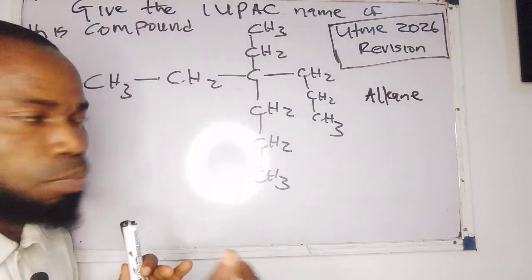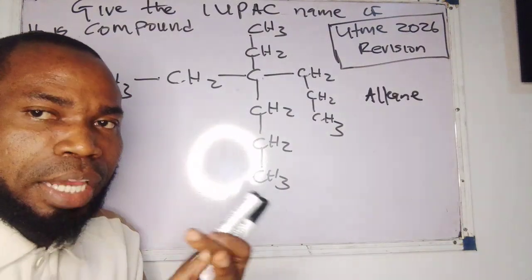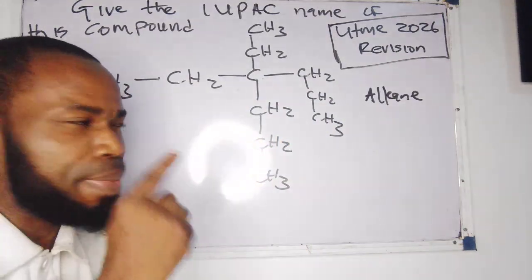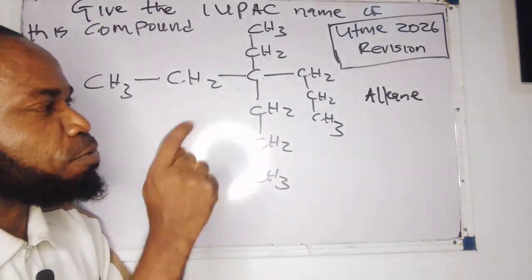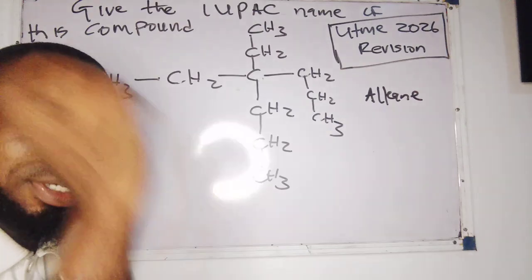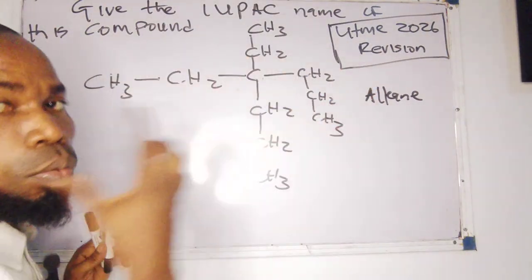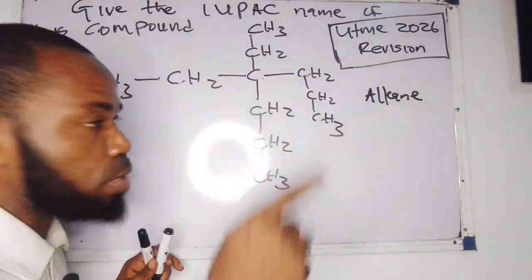So it will not stress us that much because there's no functional group, no double bond, no triple bond. It's just straightforward. But our main problem here is how do we identify the longest continuous straight chain? Now look at it. People will say it's 6. No, don't try it, they'll arrest you, 10 years in prison.